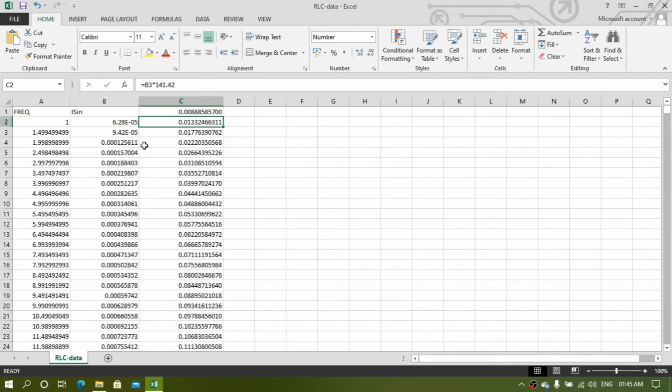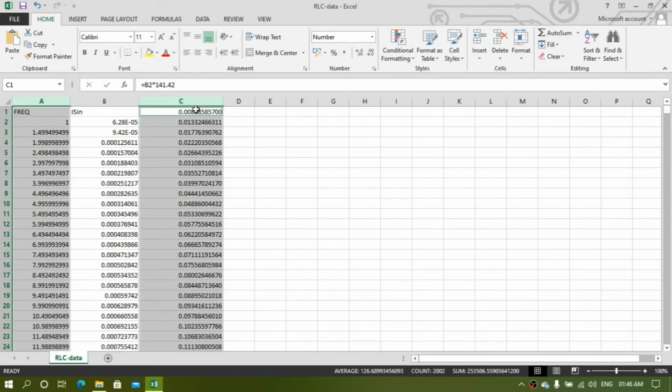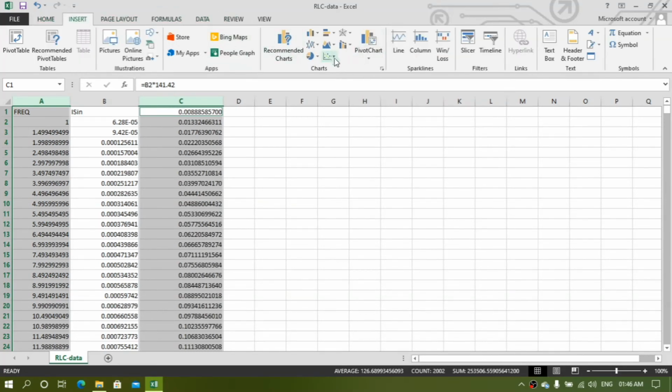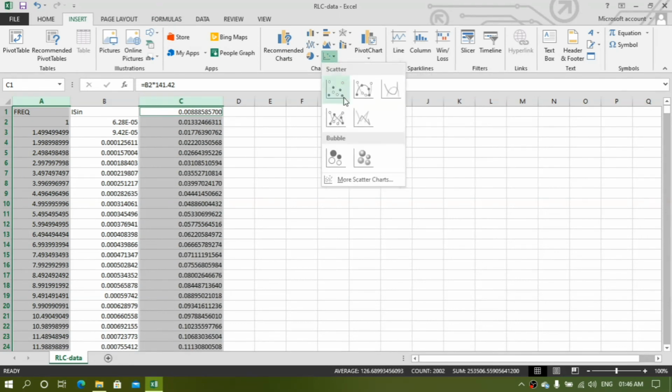Okay, so after that we will have to plot this frequency versus peak current column. You will have to select all the frequency column over here and the peak current column also. Then after, you already know how to insert a graph over there.